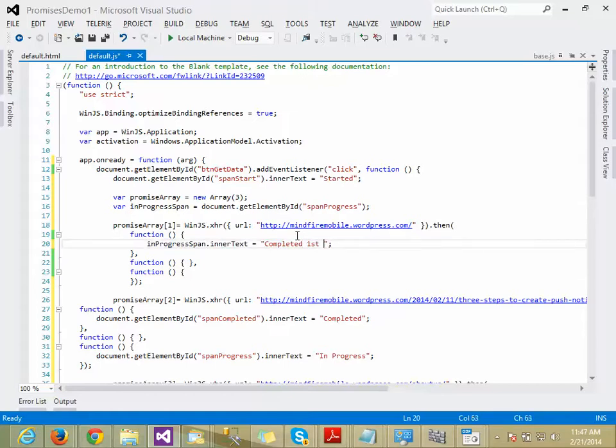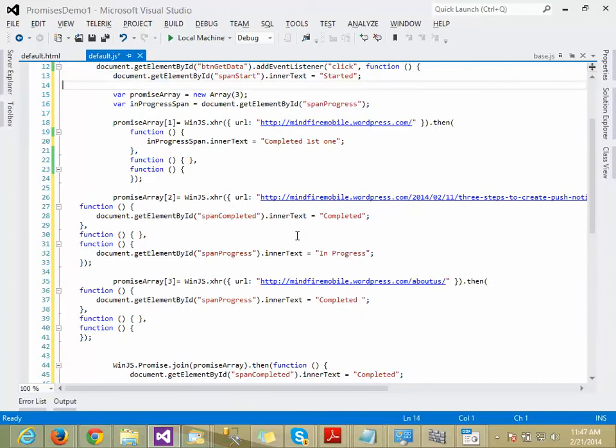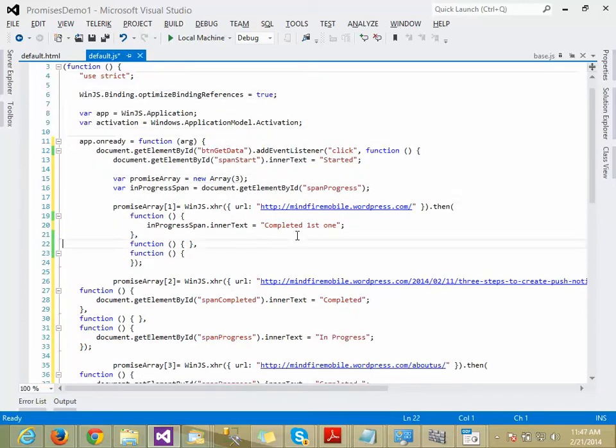Completed first one. Completed first one, and here we are going to do second one.